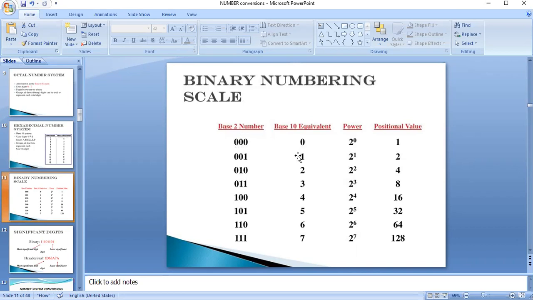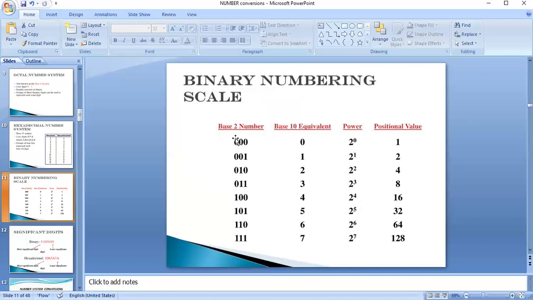In a similar way, you have to write 1 in binary. What is 2 power 0? 1. For a 3-bit binary number, first take 3 positional weights: 2 power 0, 2 power 1, 2 power 2. So 1 into 2 power 0 is 1, and all remaining positions should be 0. Then you get the decimal equivalent. If you want to get 2, the 2 power 1 position should be 1, and all remaining positions should be 0.